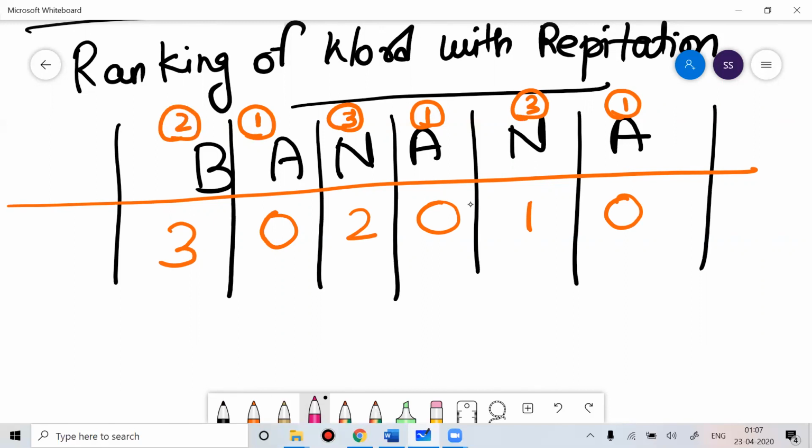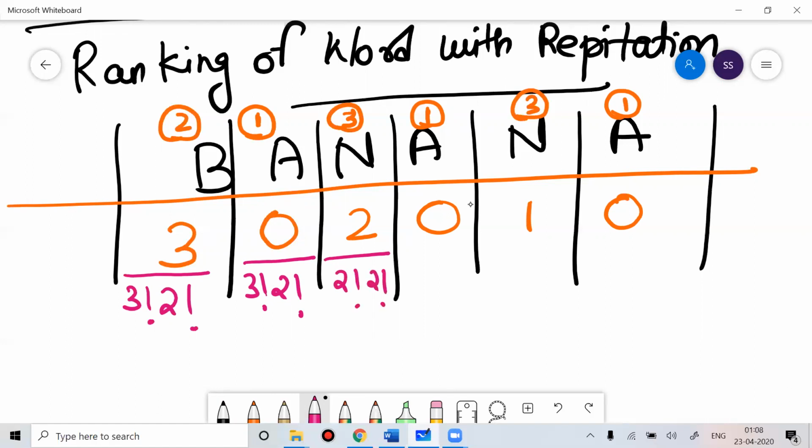Okay. Now once you got this, including B, don't remove B, how many repetitions can you see? Including B, A came 3 times and N came 2 times. Include that letter. Although the count is 0, and any number divided by 0 is irrelevant, just for your practice I'm doing including A: A came 3 times and N came 2 times. Now for N, including N, N came 2 times, A came 2 times. Including A, A came 2 times. Here there is no repetition, here no repetition.